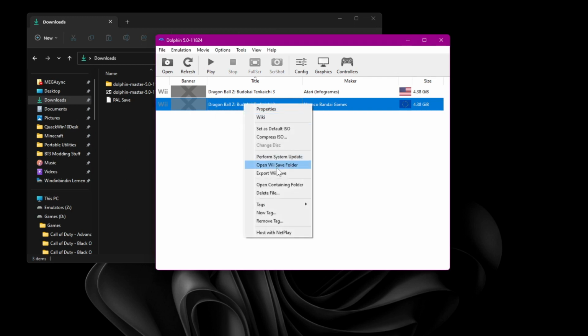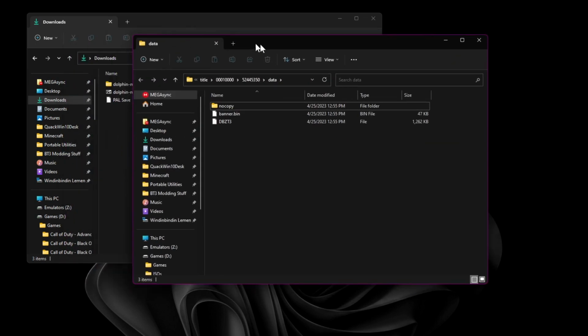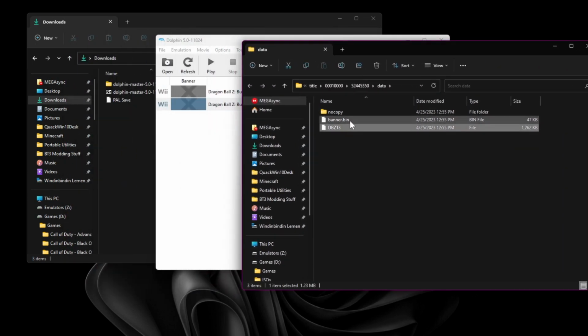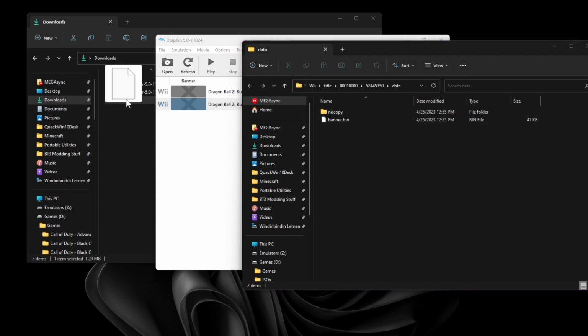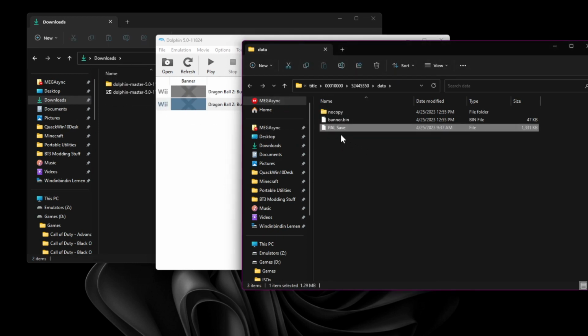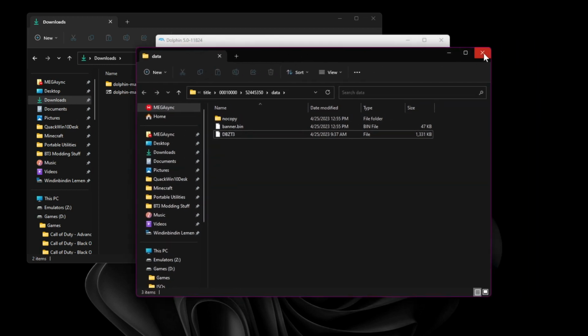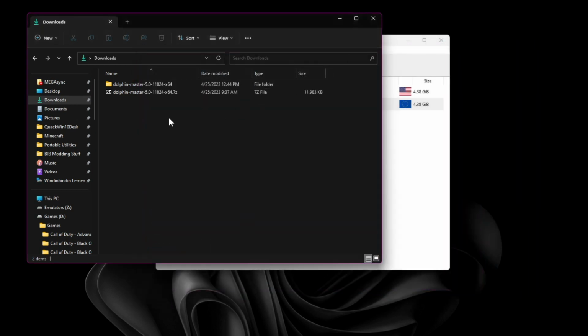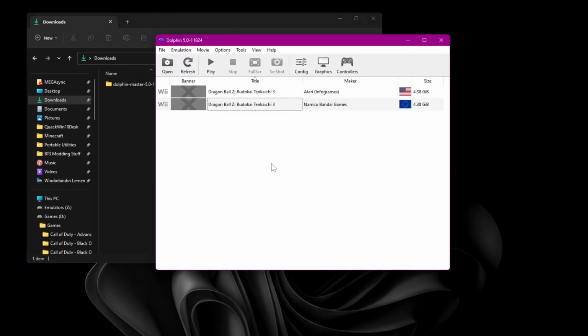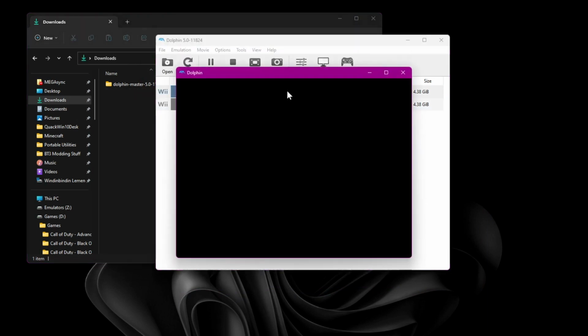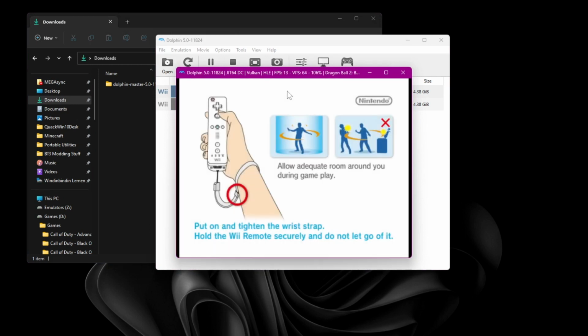Now that the save has been made, open Wii Save folder, delete DBZ T3, drag in the proper save file, rename it to DBZ T3 the same way I did with the NTSC version. I may now close this, and delete the old Dolphin zip, and now to ensure that our saves are working,